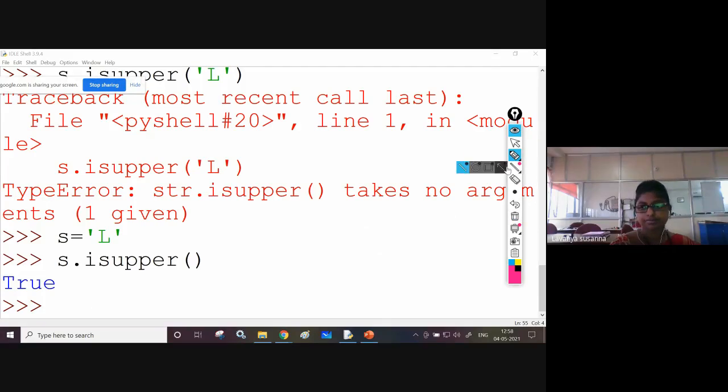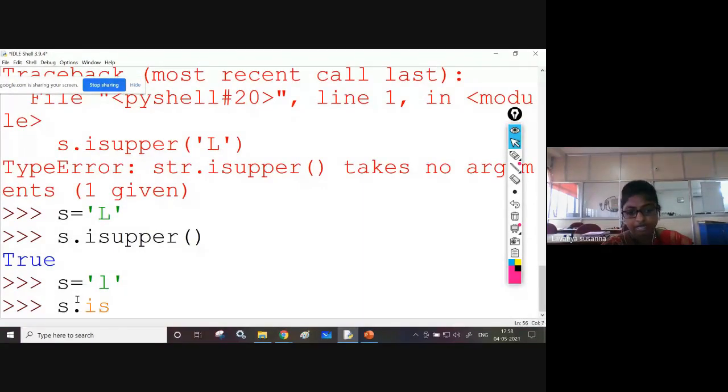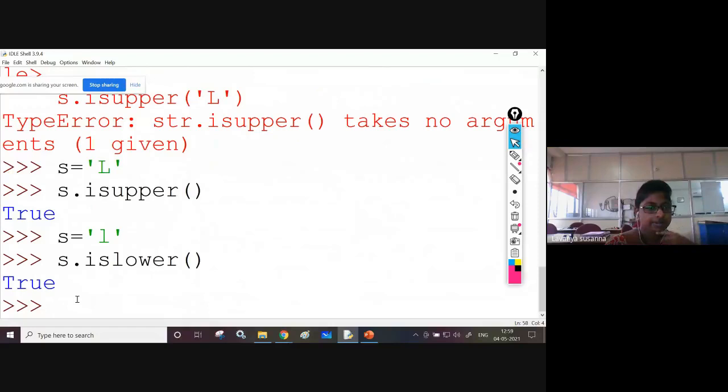Next, islower. Something like S equal to small letter l. I am giving small letter l. S dot islower. True, yes. See, S contains only the small letter l, only one character. So S dot islower, what are you getting? True. Yes, it is a lowercase letter only. Now S equal to,